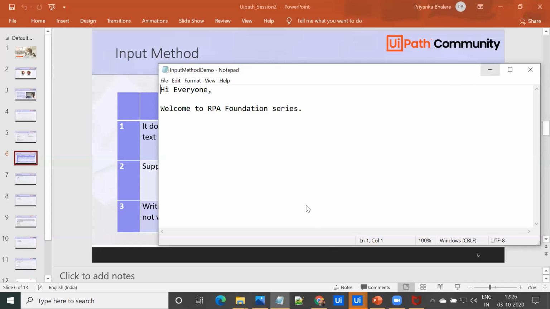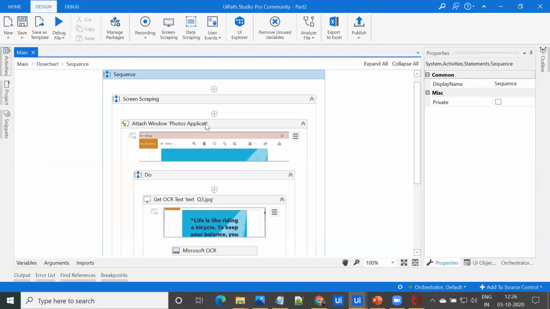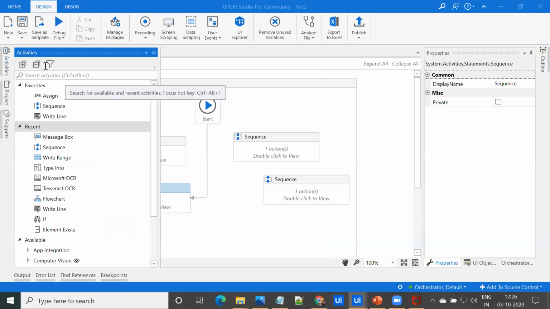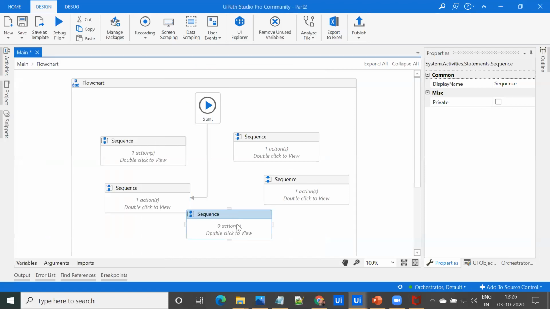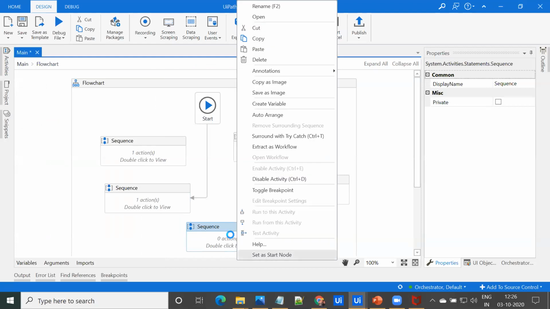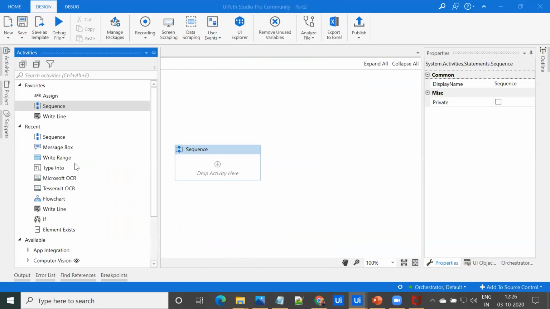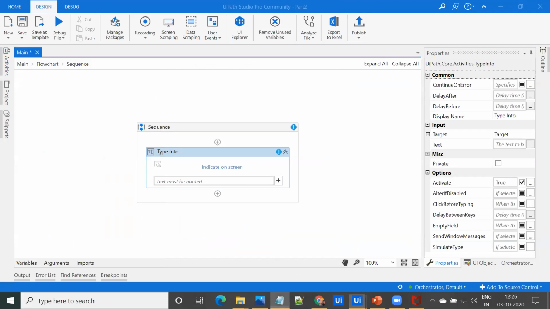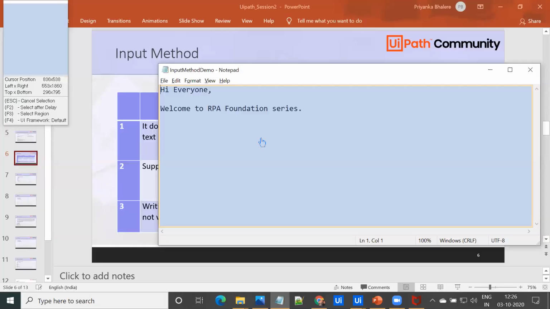Basically, this input method we can use in the property section of type into, click, and send hotkey activities. So again, I'm dragging one sequence for input method, set as a start node, opening it, and I'm dragging type into activity over here. I am highlighting this screen of Notepad.